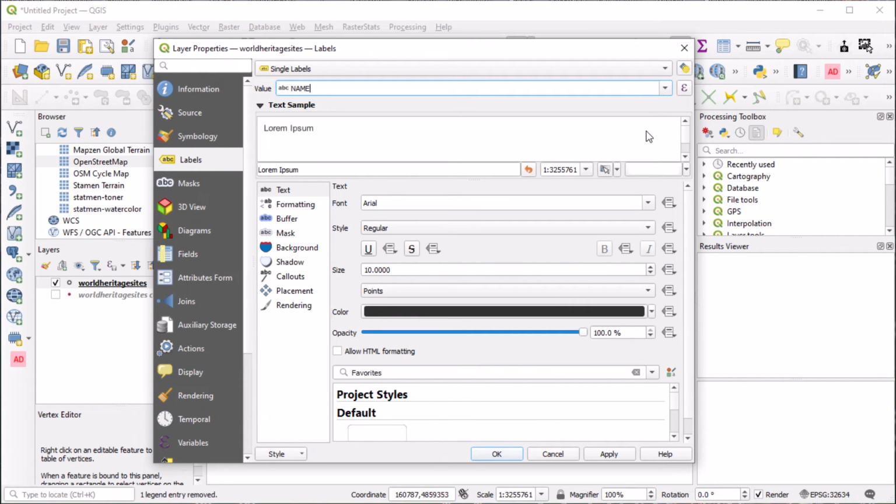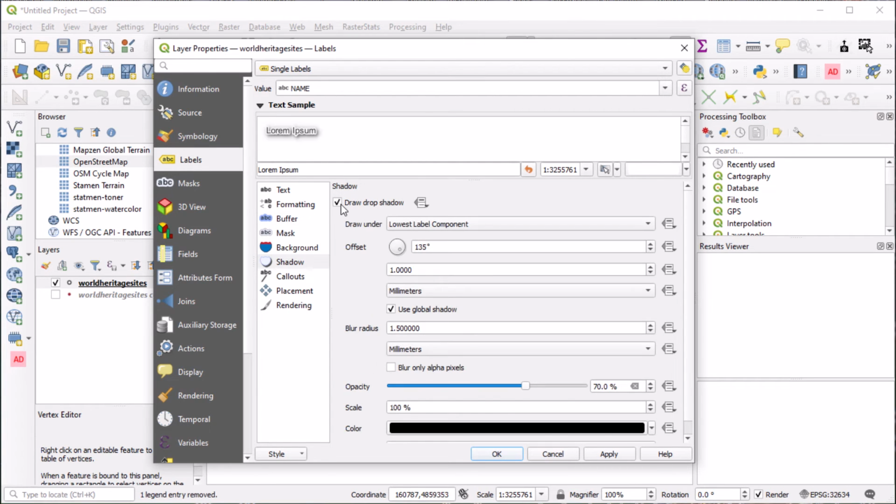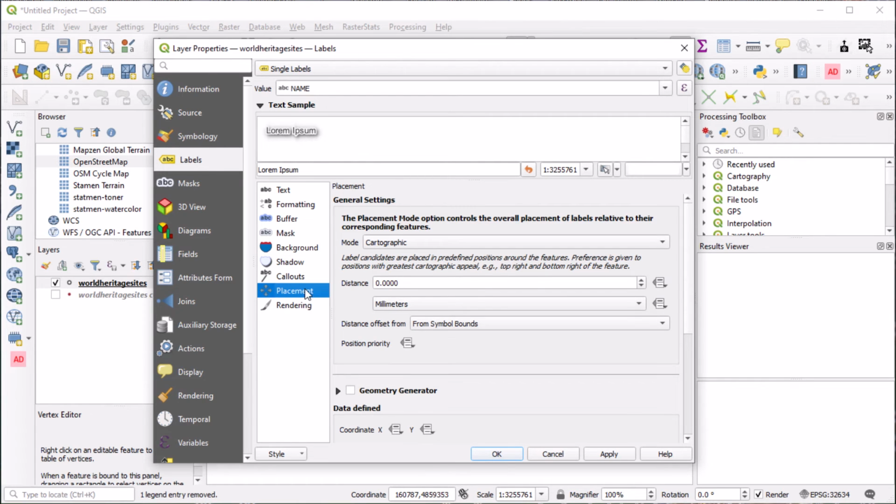You will have the option to set the desired font, its style, size, and color, or add a buffer around it so it does not interfere with surrounding objects, or add a shadow to the text. If you are not sure about label placement, keep the default cartographic label placement.